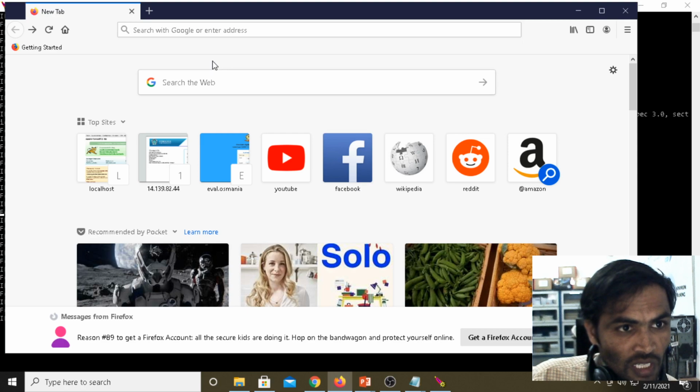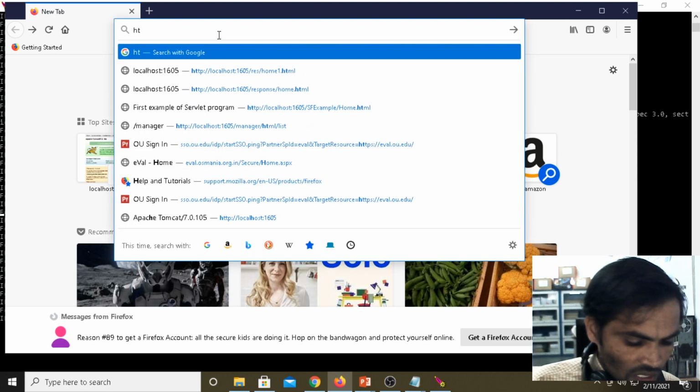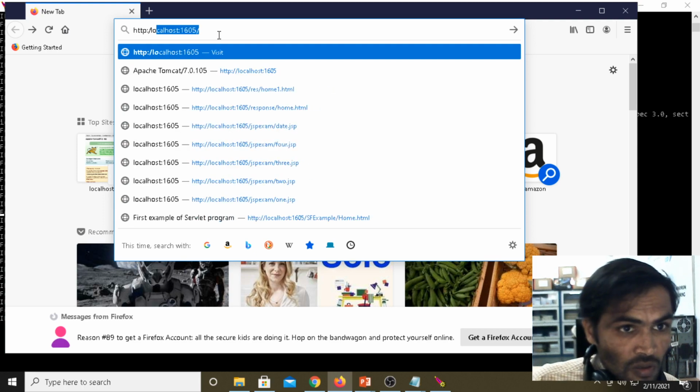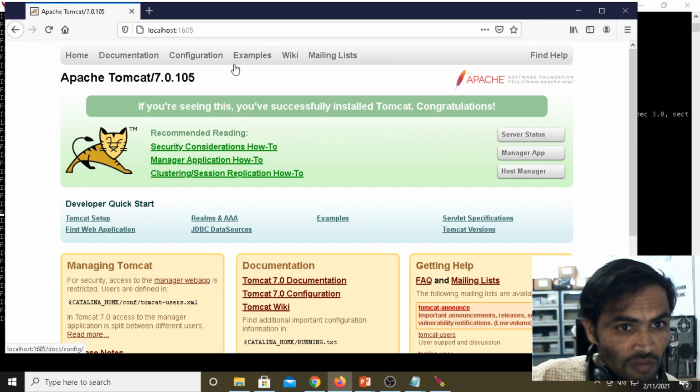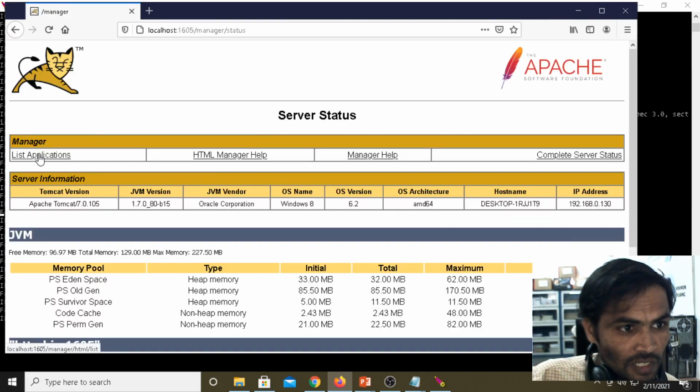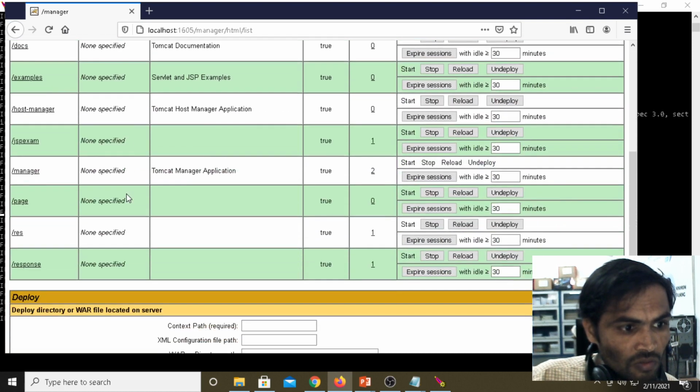Then go to the browser. Under the browser, HTTP localhost, server main page, server status, application list. What is there? Page. It is true.